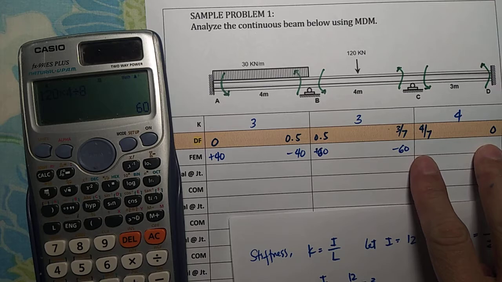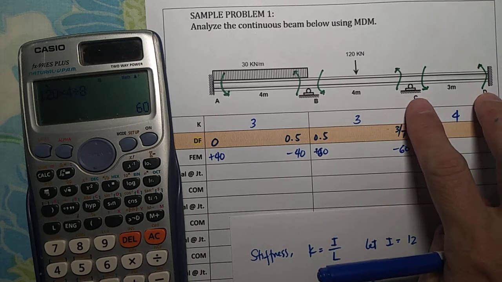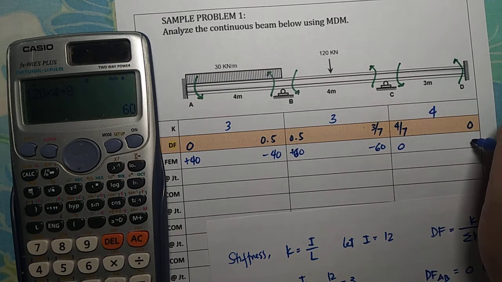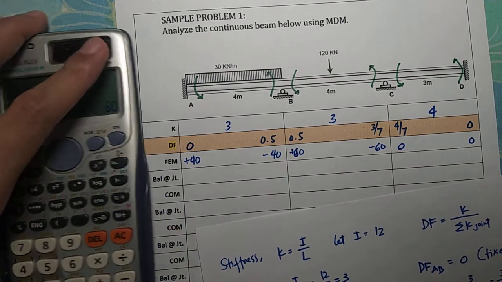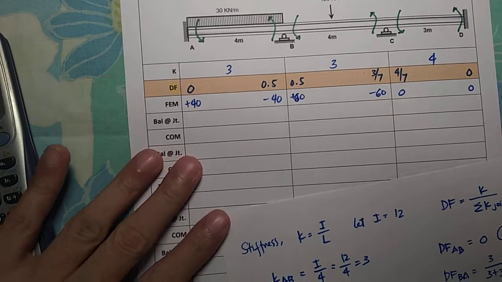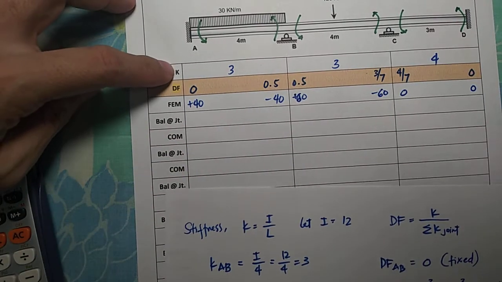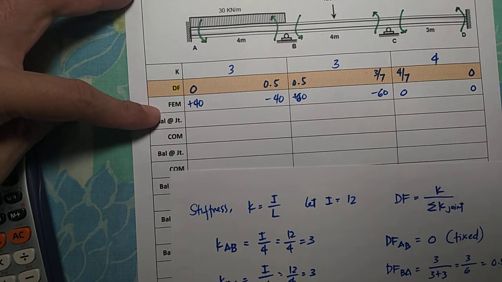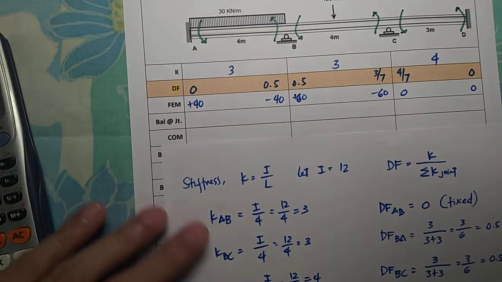Okay, then how about for CD? Since for span CD there is no load, therefore the fixed end moment there would just be 0. Okay, so again, the stiffness, we have the distribution factor, and we have the fixed end moment. Okay, the next step is to calculate for the